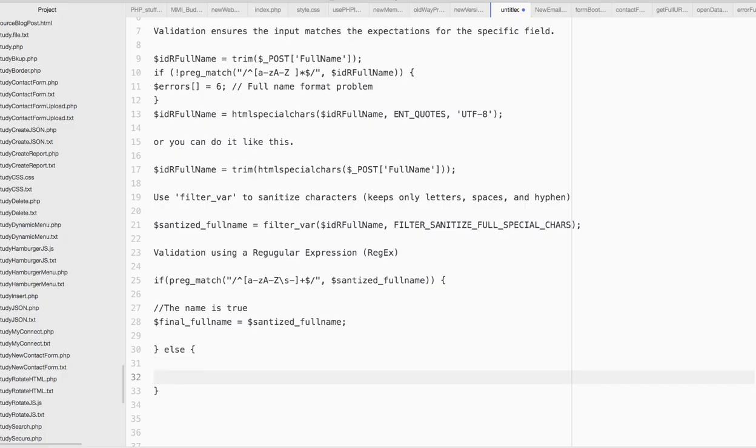And then if there's a problem, then you say the name is invalid or something like that. Just do it as an echo. So you can just say something like echo the variable